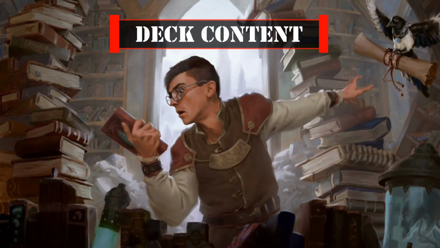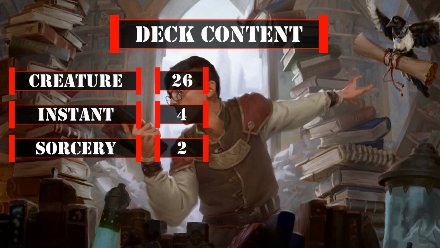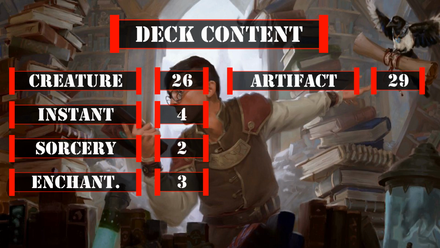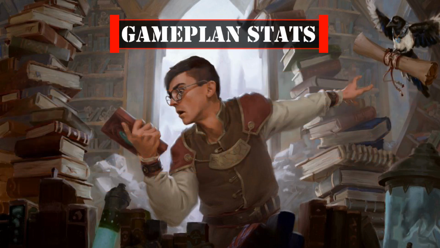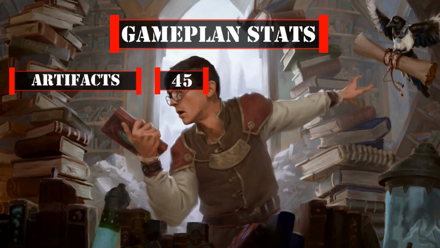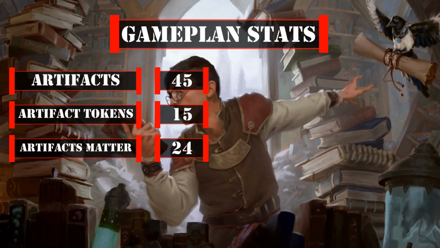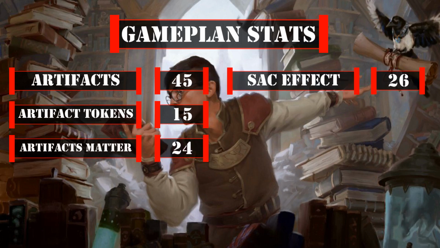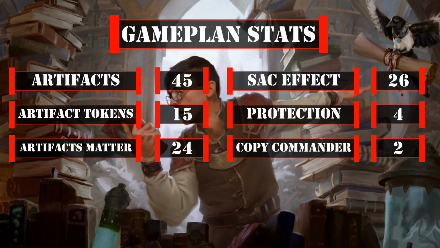This deck currently has 26 creatures including the commander, 4 instants, 2 sorceries, 3 enchantments, 29 artifacts, 0 planeswalkers, and 36 lands. Looking at the stats that matter to our game plan, we have 45 cards that are considered artifacts, 15 sources of artifact tokens, 24 cards that care about artifacts, 26 cards that can sack themselves or others, 4 sources of protection, and 2 cards that let us copy our commander's ability,